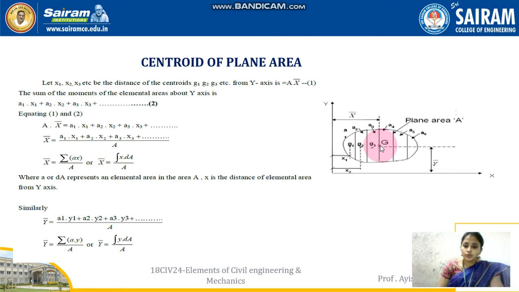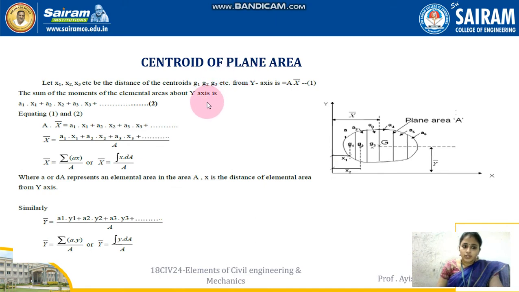So how do we determine the centroid of the whole figure? The center of the whole figure is capital G. With respect to that, the distance along x is taken as x bar, and the distance parallel to the y axis is taken as y bar. So we need to find x bar and y bar for this figure. Not only this figure, whatever figure we calculate in our further lessons, we need to know x bar and y bar. For that we are determining the formula in this presentation.